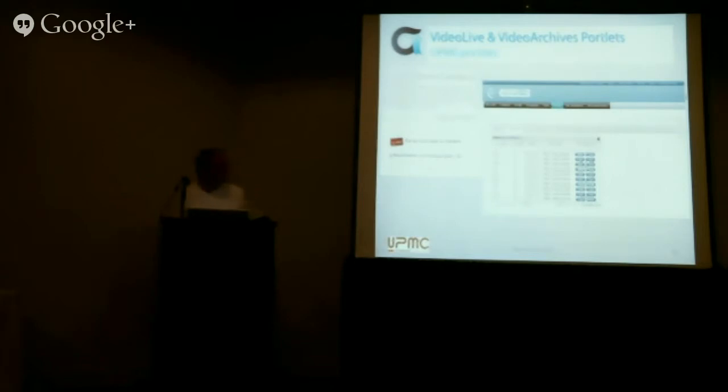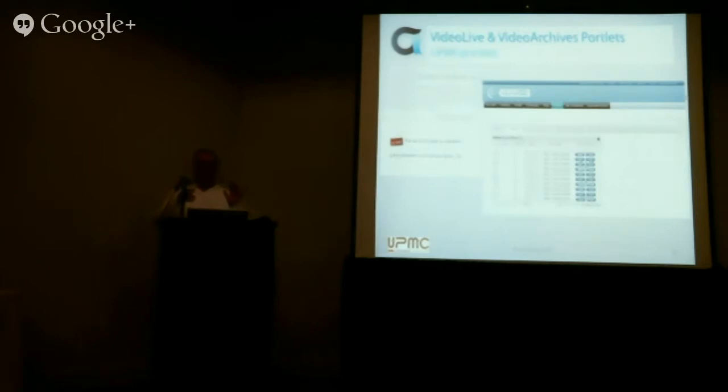So on the left you have the video live portlet. This portlet is quite simple. It has 3 states: connecting to the video server, no live for the moment, and display the video. After connecting to the video server, the portlet requests it every 10 seconds to see if there is a live on air or not. If there is no live for the moment, it displays the no live for the moment screen. But it requests again